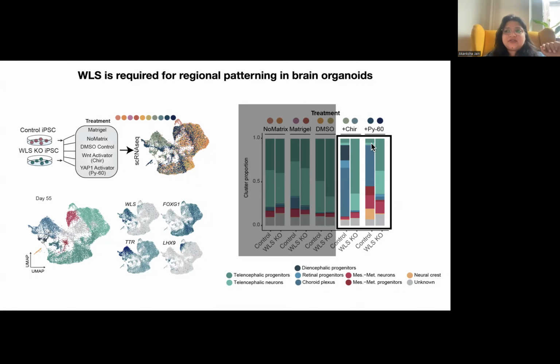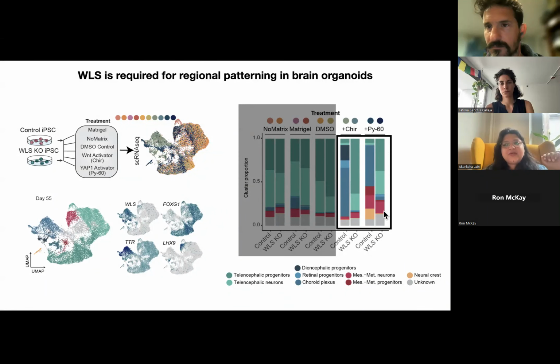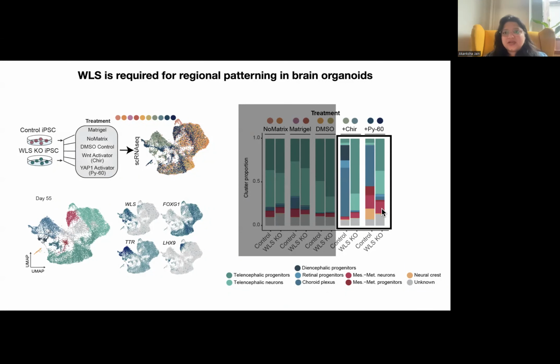But also very interestingly, if you give a YAP activation, neural crest is up, non-telencephalic mid-hindbrain regions are up, as well as diencephalon is up. Again, in the knockout, none of these diencephalic regions are increasing, but some of these mid-hindbrain regions were still higher, indicating that YAP could possibly have an independent role here, which is independent of Wntless, in creating the posterior regions